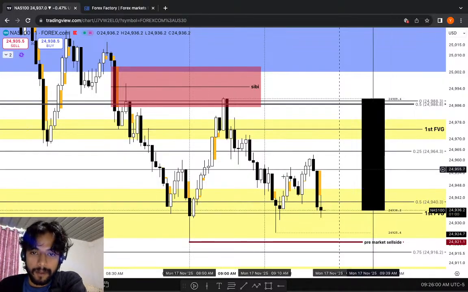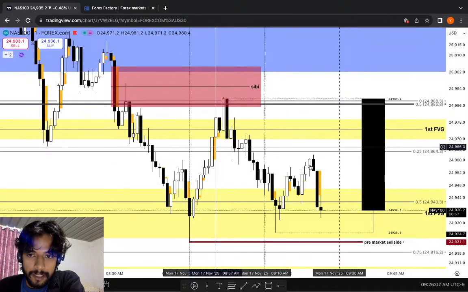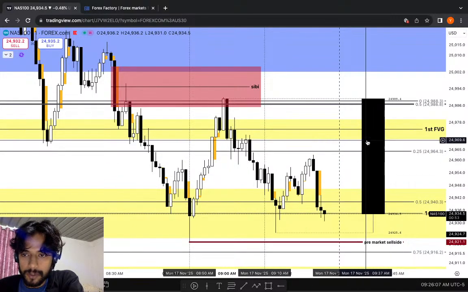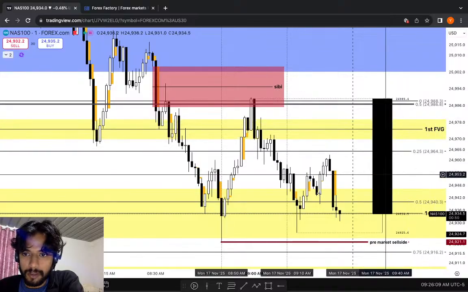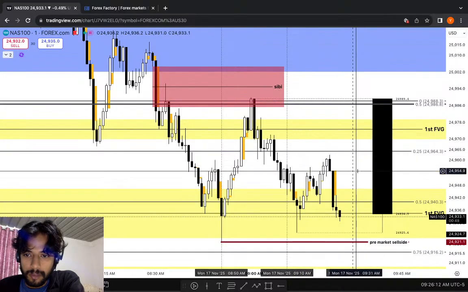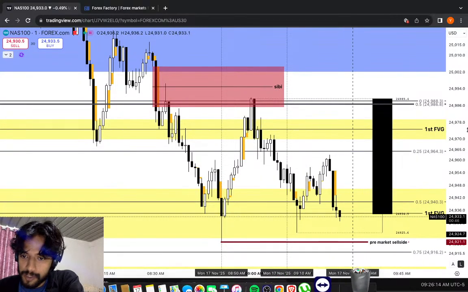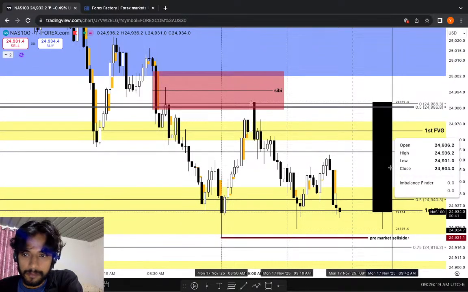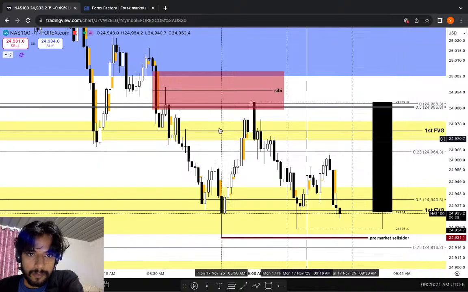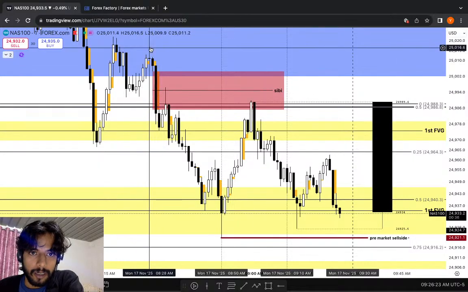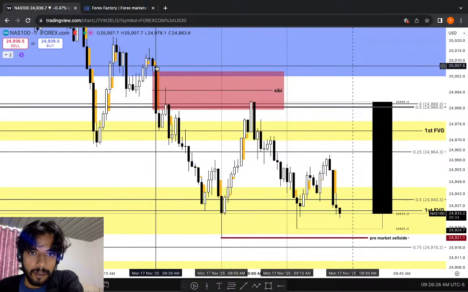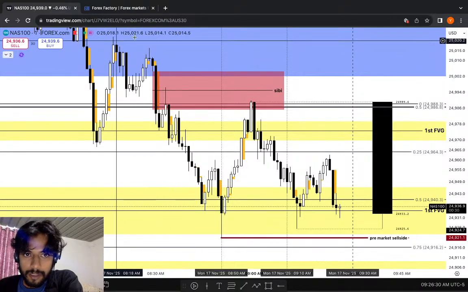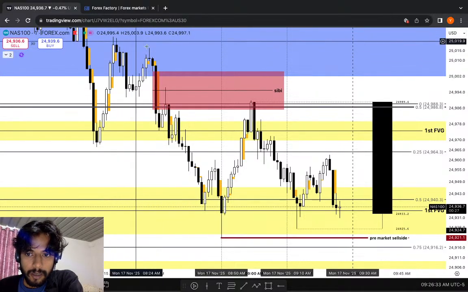Okay. This inefficiency right here is acting as the inversion, sending the prices lower, which is good, which is what we wanted. We want them to pump it lower once more. And also we have this 830, and 830's opening prices right there. And just above that we have these relative equal highs. So this is possible inside the opening range.